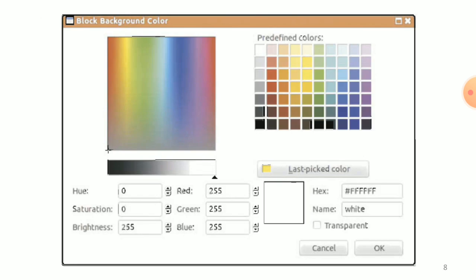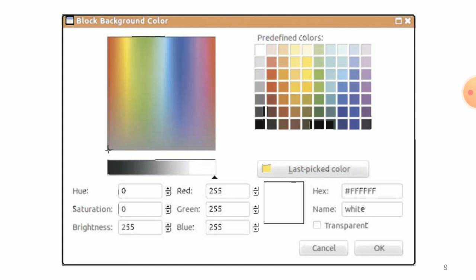And then next, color. In the color option, click the color palette button, and this opens the Block Background Color dialog box, as shown in the figure. Select the color of your choice and press the OK button.